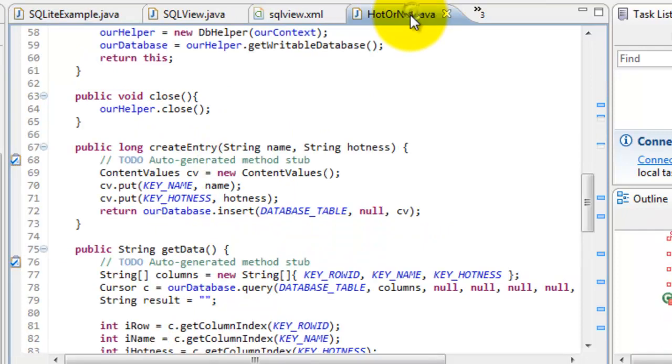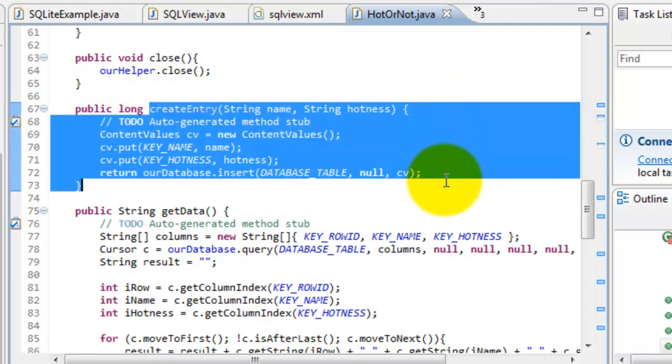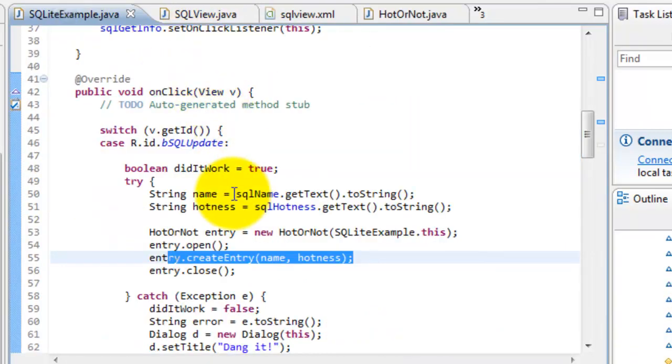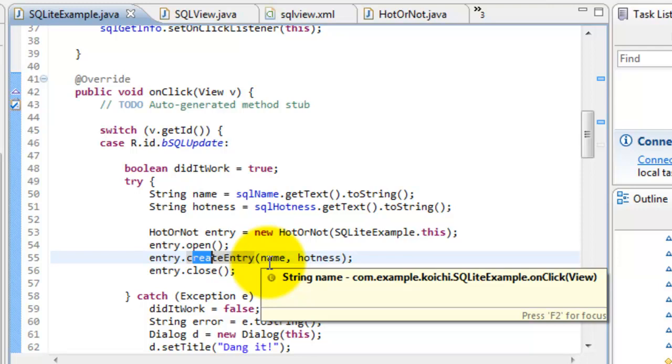It's actually in here. So I'm pointing to the createEntry method, or function, here. So this part is going to be executed right here when I call entry, create an entry, and send the variables name